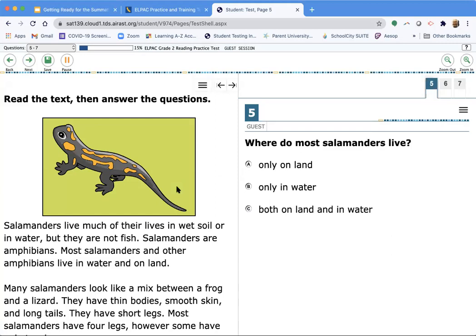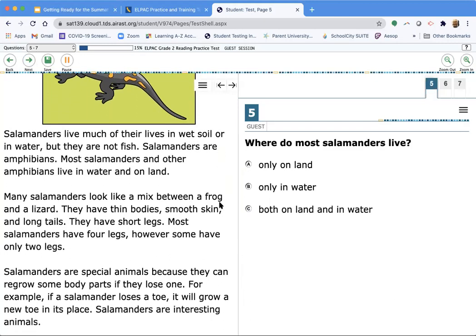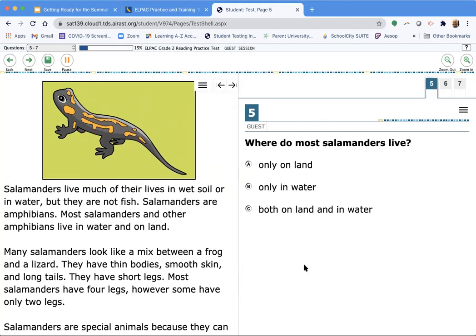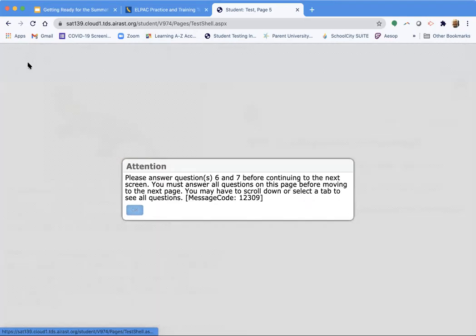Okay, here's another type of question in the reading test. The children are given a short passage to read with a picture, and then they're asked questions about it. On the right side, I didn't read the paragraphs, but I'm guessing it's C. Can I skip? Yeah, so I can move forward on the test, just on this practice test, just like